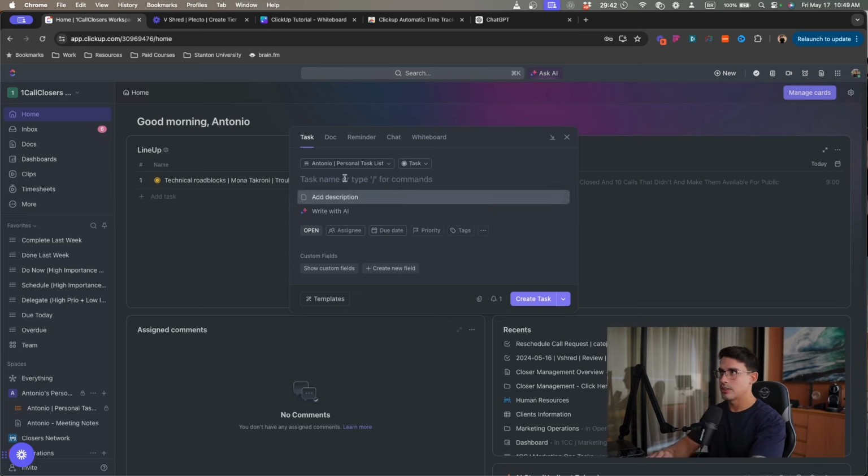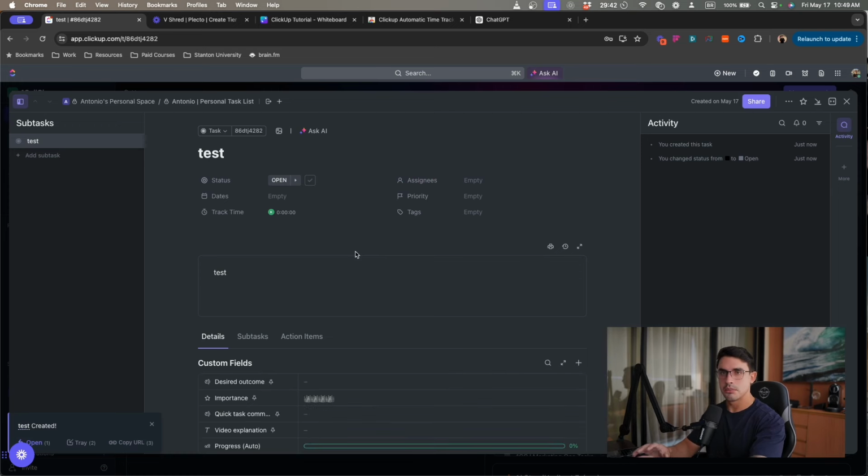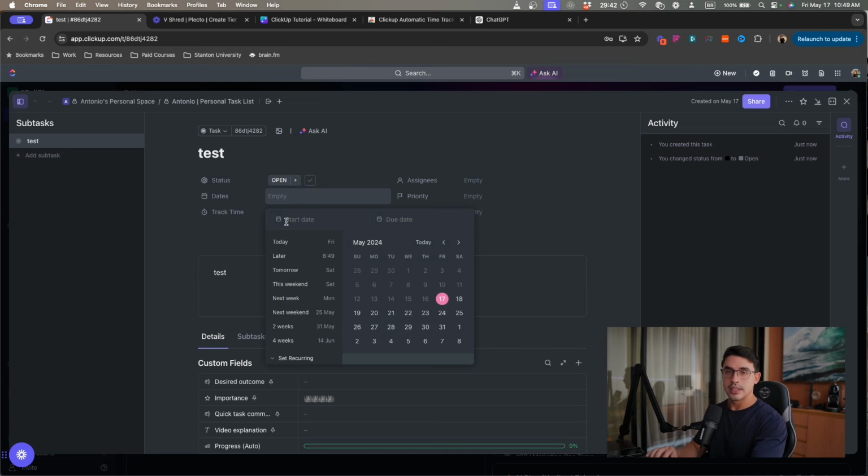The way that I go about creating tasks here in ClickUp, I'm just going to create one task here, and I'm going to open it and show you the must-dos, the things that I must have on every task, and I instruct my team to put on every task. First thing is the due date. Typically I don't use start dates, I just put the due date, but it's going to come down to personal preferences. Sometimes as you onboard a client, you have a specific start date of the agreement, and there are sets of tasks that you need to accomplish within each day. So it may be relevant for you. For me, it's not relevant.